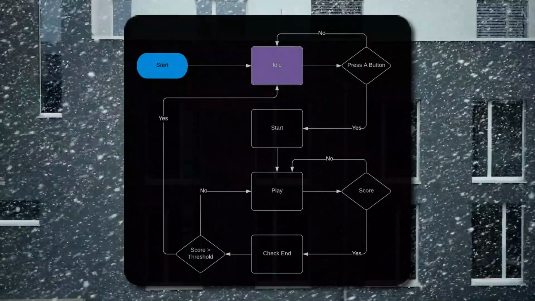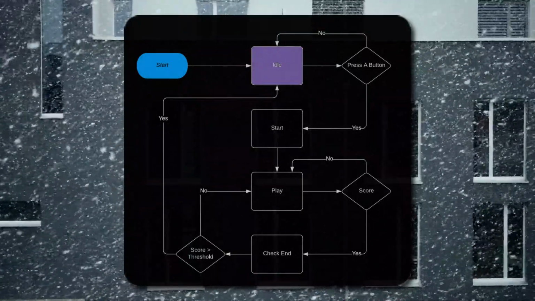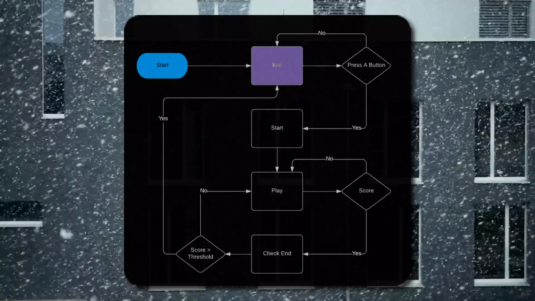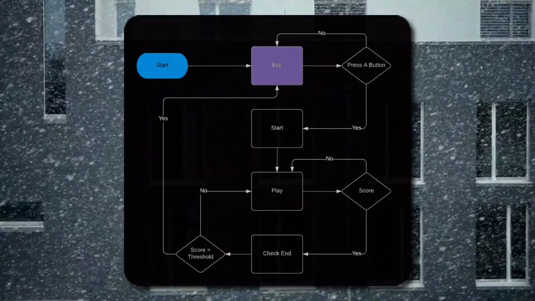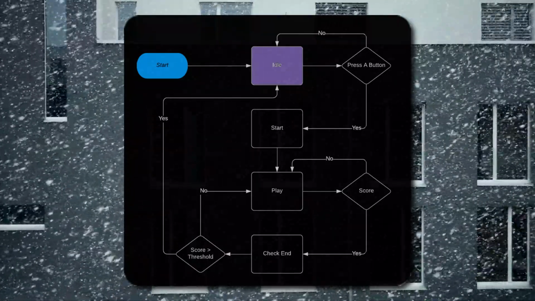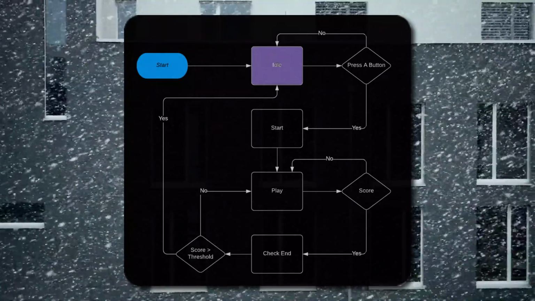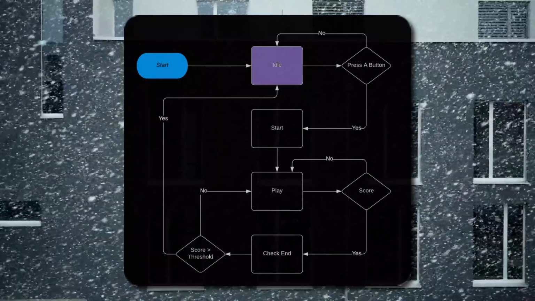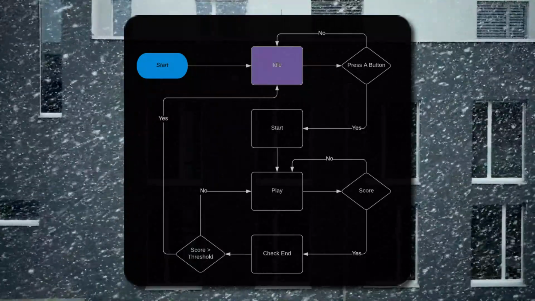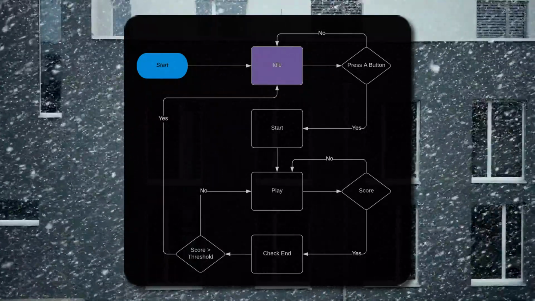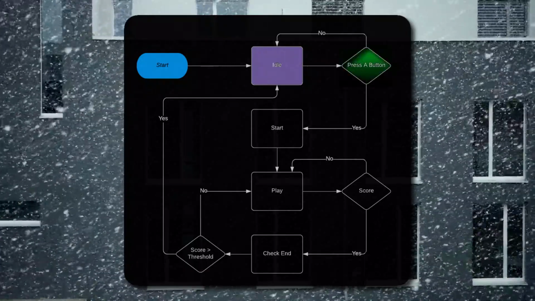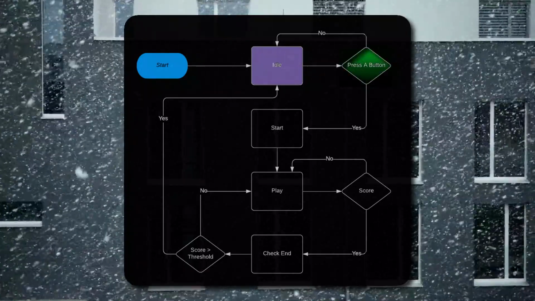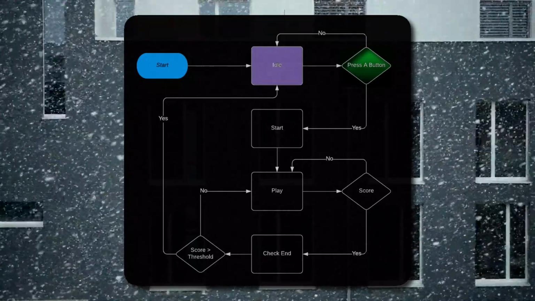First of all, we need an idle state. In my idle state, the game is waiting for a game to start. In the arcade, this would be considered an attract mode. The original Atari Pong had a screen where the ball would just bounce about the screen while it wasn't being played. So we're going to copy that. Basically, my idle state will have a ball bouncing around the screen while waiting for input. Once input is pressed, we are going to move on to our next state.